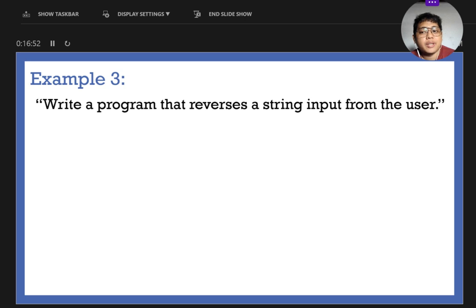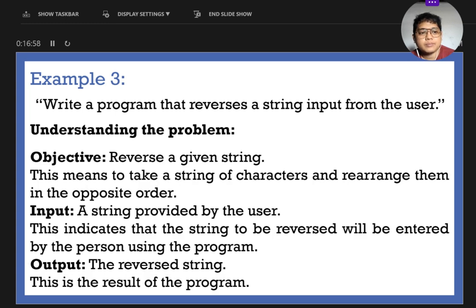Okay, we need to understand the problem. So here is our problem. First, our main objective is to reverse a given string, as suggested by the phrase "reverse a string." And as discussed previously, reversing a string means we read each character from the end to the beginning of the string. And as suggested by the phrase "string input from the user,"